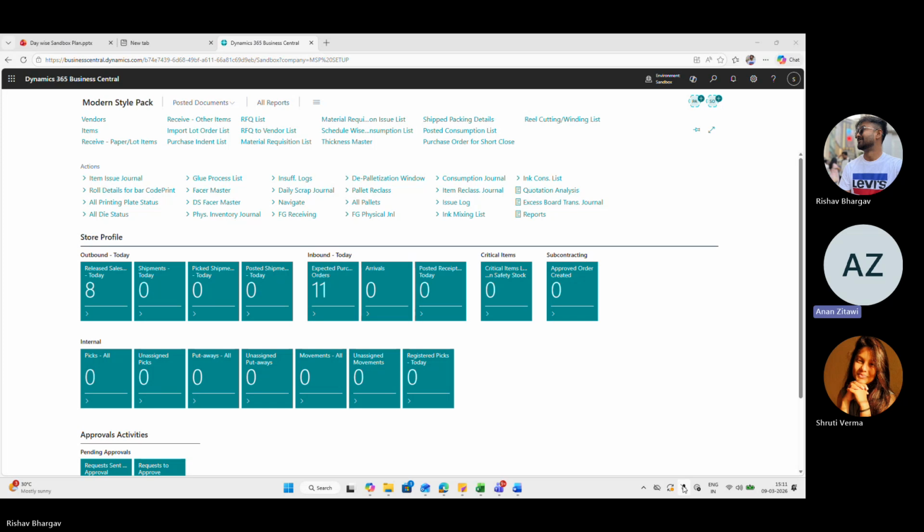We have three or four different stores here. Every store should have its own number series, its own journal, item issue journal. So my question was, what's the best practice for this scenario? If there are multiple stores and multiple users who are posting through item issue journal, then it is best to separate the batch numbers. Or if you want one, then we can also have one. We can do both things.